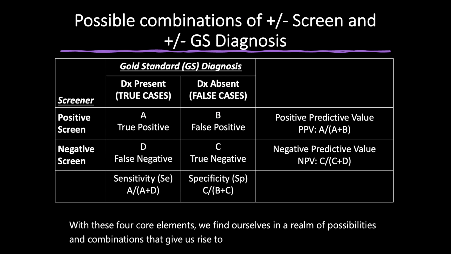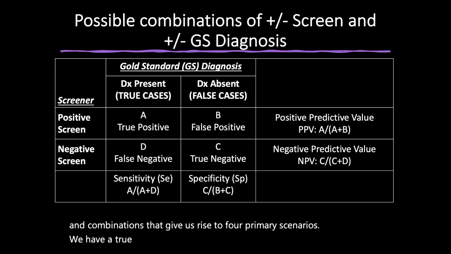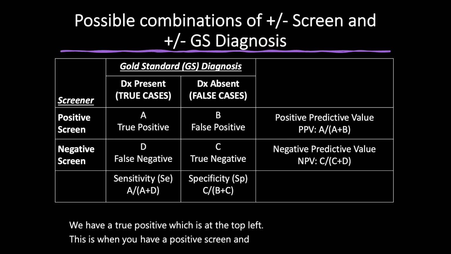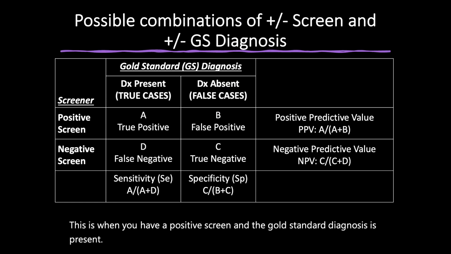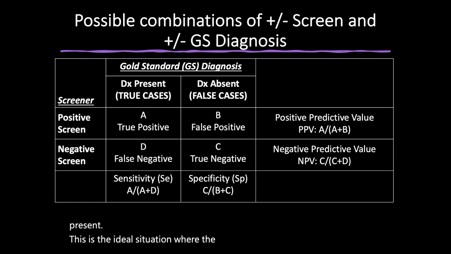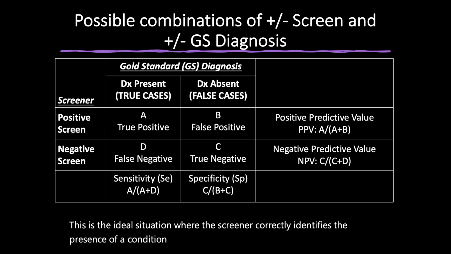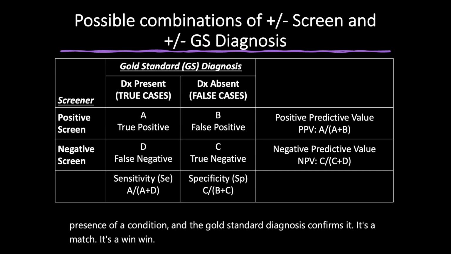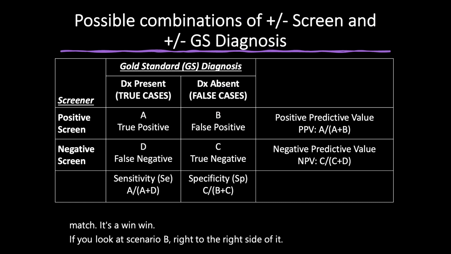four primary scenarios. We have a true positive, which is A, the top left. This is when you have a positive screen and the gold standard diagnosis is present. This is the ideal situation where the screener correctly identifies the presence of a condition and the gold standard diagnosis confirms it. It's a match. It's a win-win. If you look at scenario B, to the right side of it, this is a positive